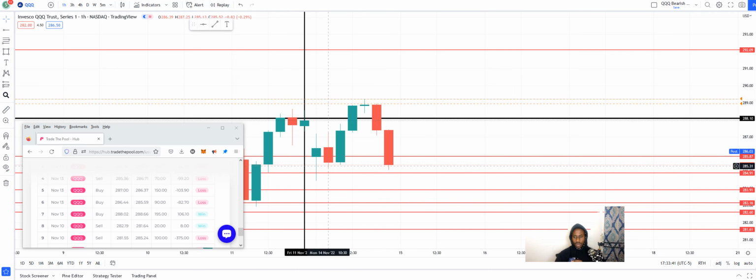So basically the market was completely choppy, even on the 1 hour. Honestly, if I was looking at the larger chart, I could have seen this. So I could have played this engulfing, a continuation of the engulfing, and seen the formation of a